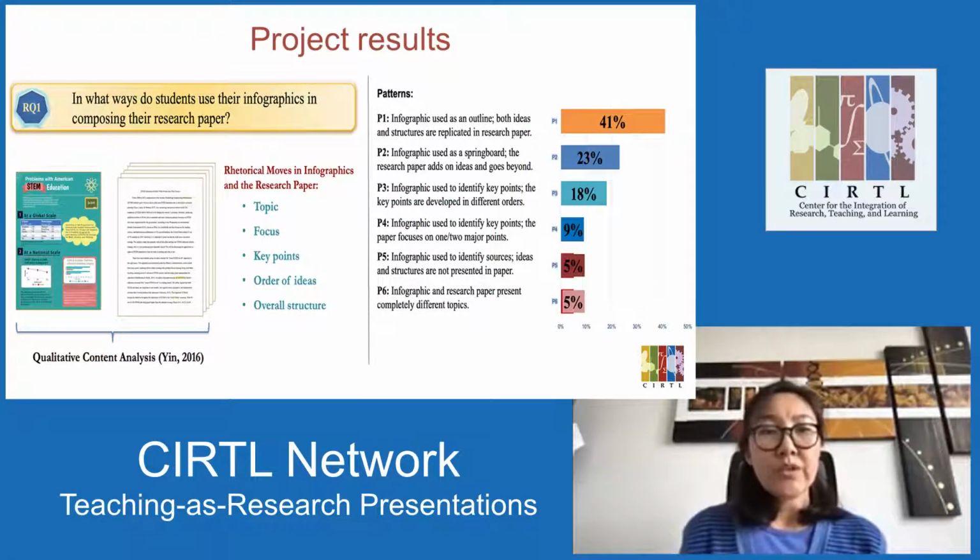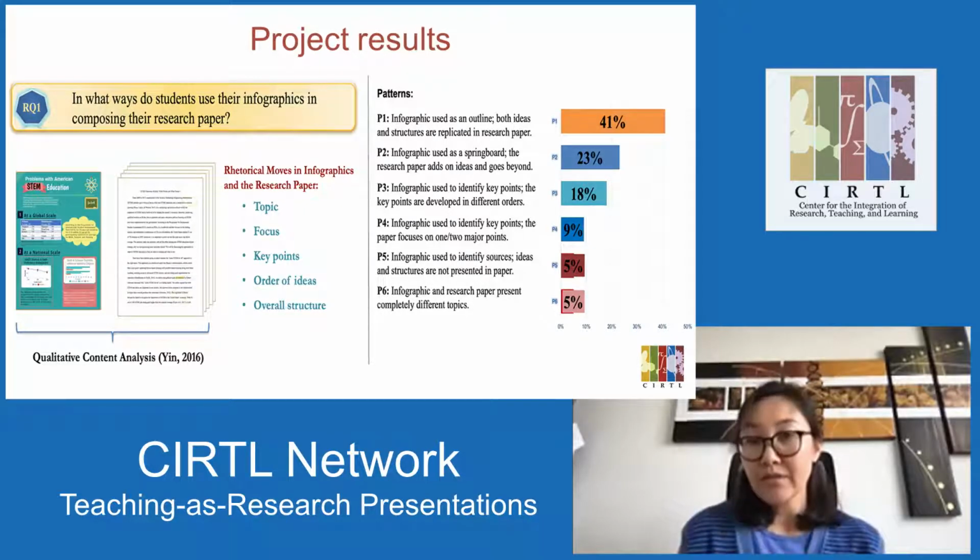My research question 1 was, in what ways do students use their infographics in composing their research paper? I did a qualitative content analysis looking at the infographics and the research papers based on 5 rhetorical moves that are observed both in infographics and the research paper. Those include topic, focus, and key points, order of ideas, and the overall structure. I identified